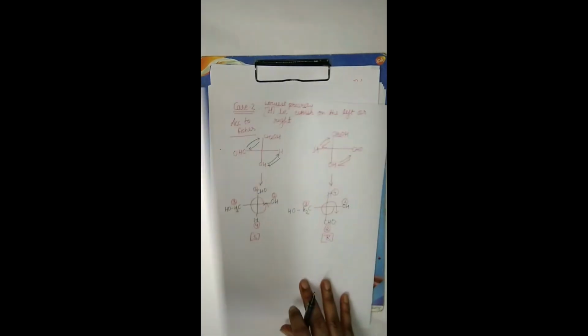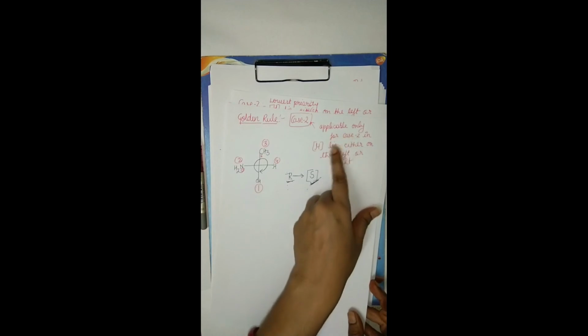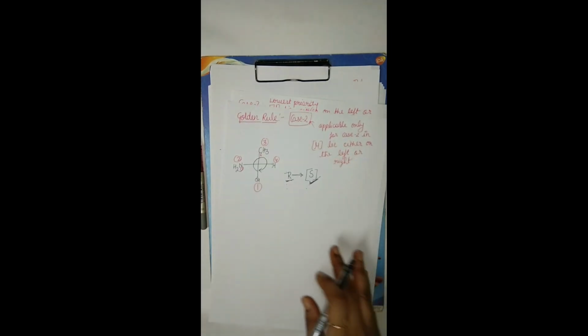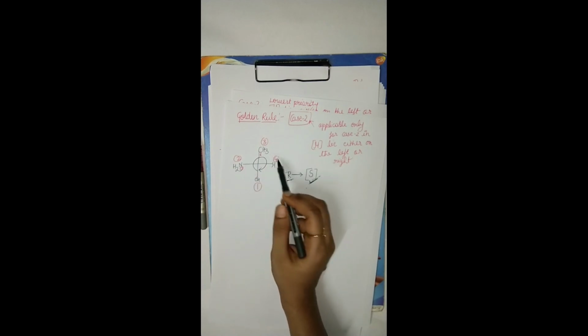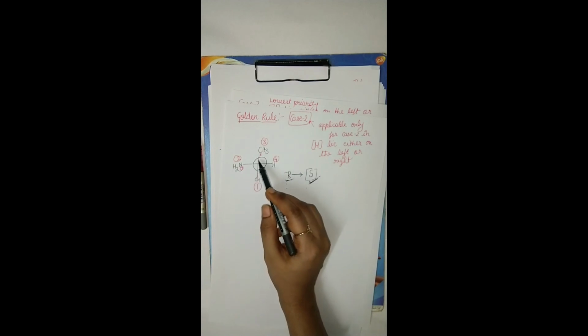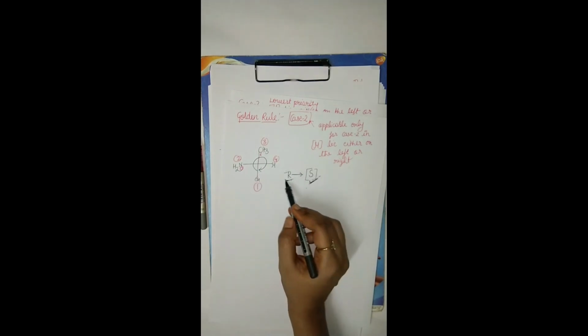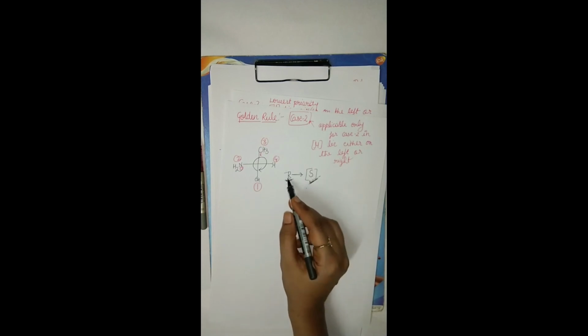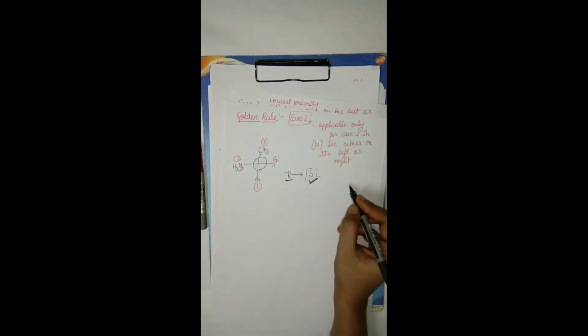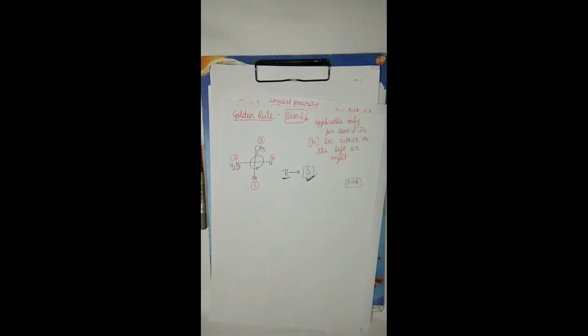There is a trick for case 2, applicable only for case 2 in which hydrogen lies either on the left or right. You have to only move your eye. First of all, give the priority numbers 1, 2, 3, 4, and then move your eye either in clockwise or anti-clockwise direction. Whatever configuration is coming, it is converted into the other configuration. If it is R, it is converted into S. If it is S, it is converted into R nomenclature. Okay, this is all about RS nomenclature. This is very important, the question is asked very frequently. Okay students, thank you.